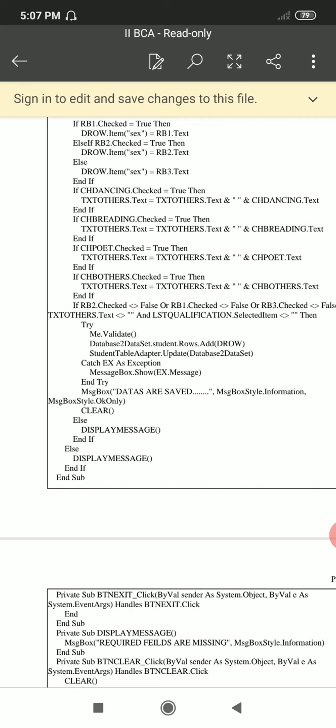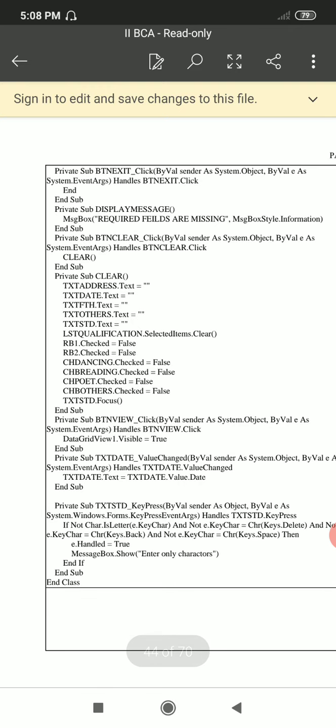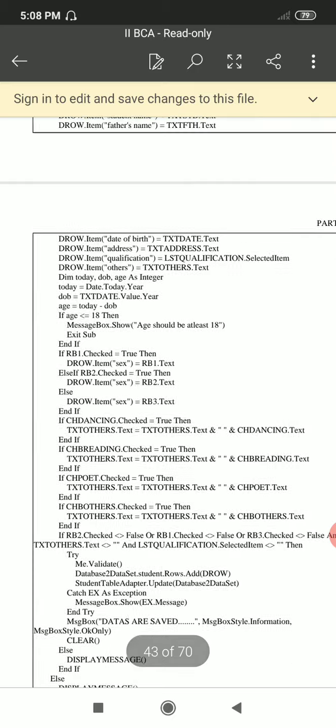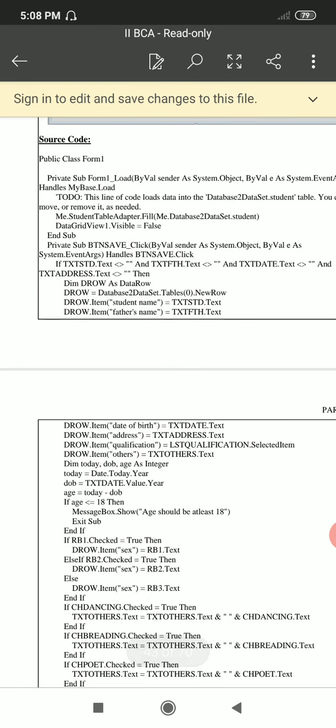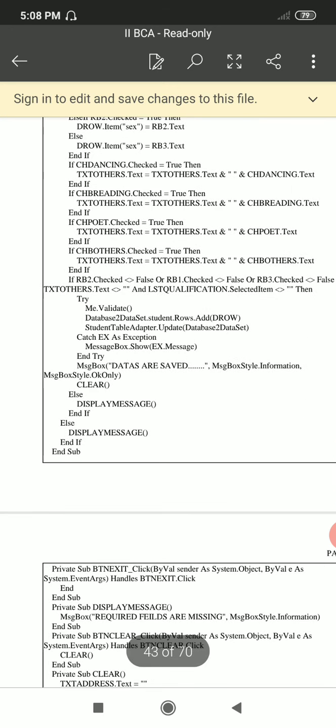Okay. So what is drow? Drow is a complete row. So just see the validations we have included here.